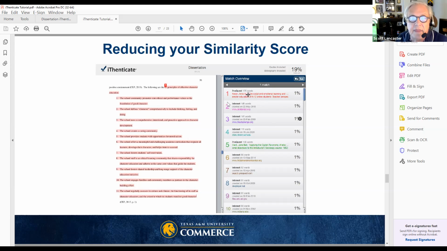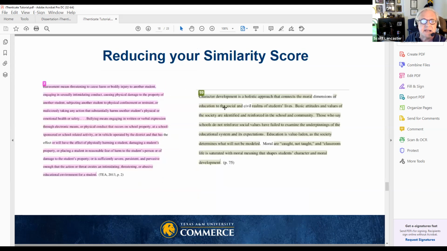And you click on that and it takes you to it in the page. And then I look and see, can I reduce this in some way? I don't know in this case whether the person could reduce it because it's a list of principles, and maybe that needs to be included like that. I don't know. But if we decide, okay, we have to leave that the way it is, then I would just suggest going further and further down the list. And you've got to find something that has to be dropped or paraphrased, reduced in some way.